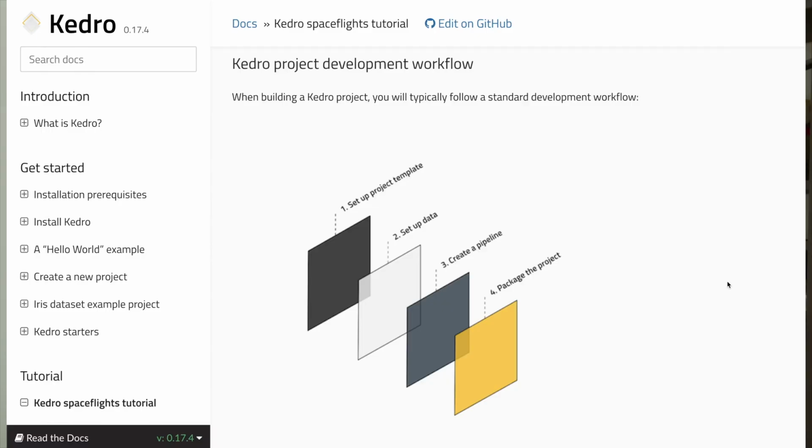Hi, I'm Marcin Zabłocki. I'm an MLOps architect at GetInData, and today, in the next couple of minutes, I will show you how you can run your Kedro machine learning projects on Azure Machine Learning Pipelines service and track the metrics using MLflow. So if you don't know Kedro, it's a framework that does a great job with structuring ML projects